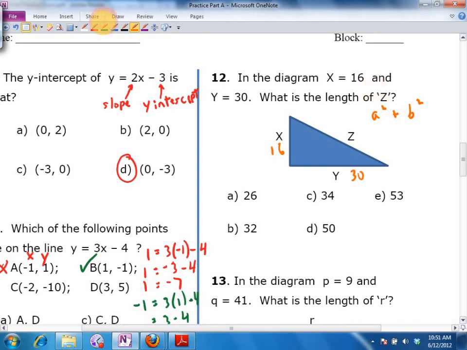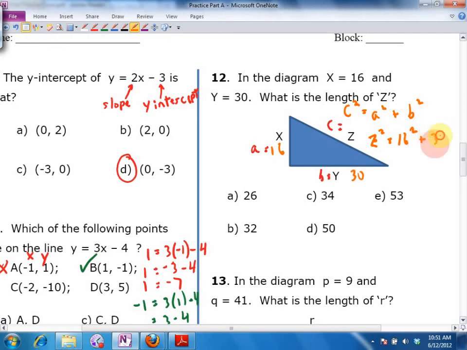C is the Z, right. I'm Canadian, I use the word Z. I'm not American. So I'm using Z, not Z. And so these are A and B, the other two, right? I'm looking for the C, so I'm going to flip the equation around and do it that way. So Z squared equals, A is 16